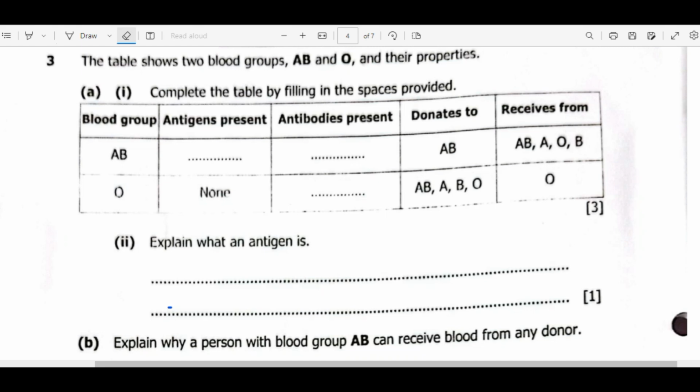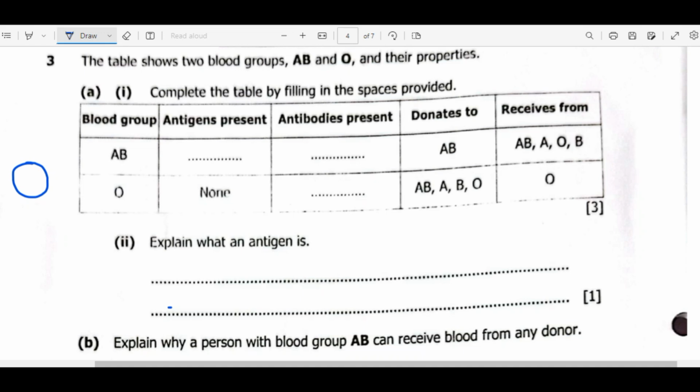Now question A1, we are told to complete a table by filling in the spaces provided. Now if you look at the 4 types of blood groups, there are factors that they have to put into consideration whenever they have to deal with blood transfusion. Blood transfusion is just the process by which blood is taken from one person, which is the donor, to another person called the recipient. Now, from the 4 components that form blood, let's just focus a bit on red blood